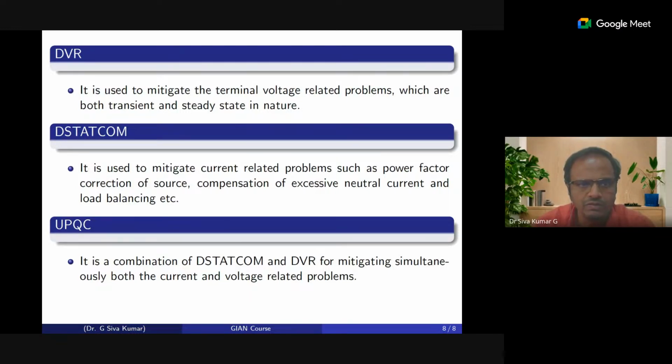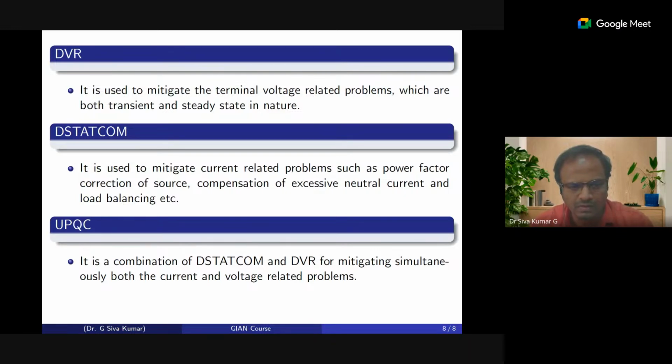The dynamic voltage restorer is going to take the voltage at the point of common coupling, covering both transient and steady state. But in general, the DVR is going to take the transient effect only, not the steady state. We'll see why it cannot be used for the steady state and what is required to be added to get a steady state